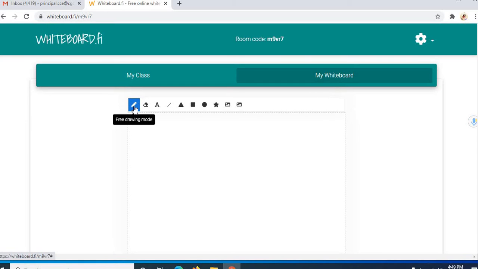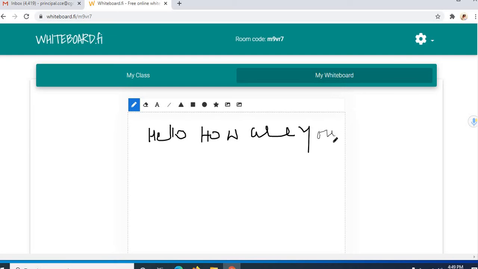Here you can see this free drawing mode. I can draw something over here, like hello, how are you? This way you can write something down. Or suppose I want to write a maths equation, I can write 2 square plus 2 square is equal to 8.